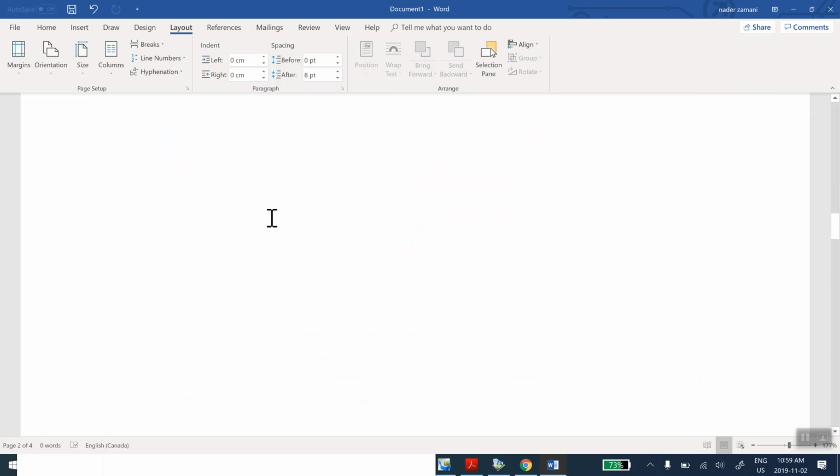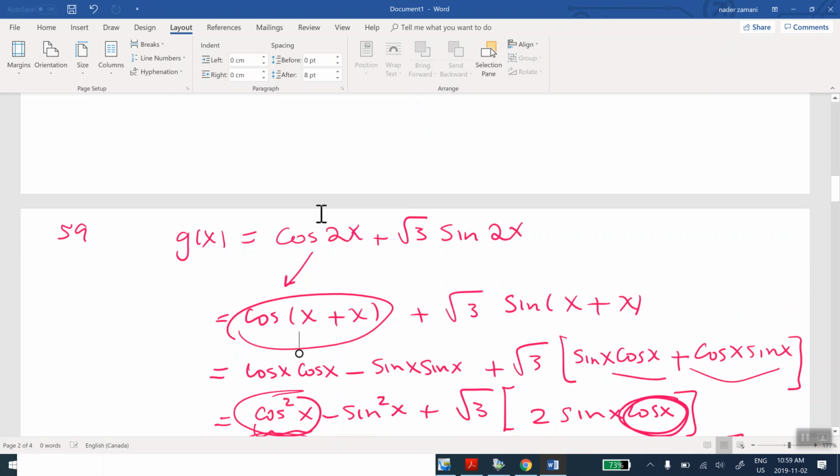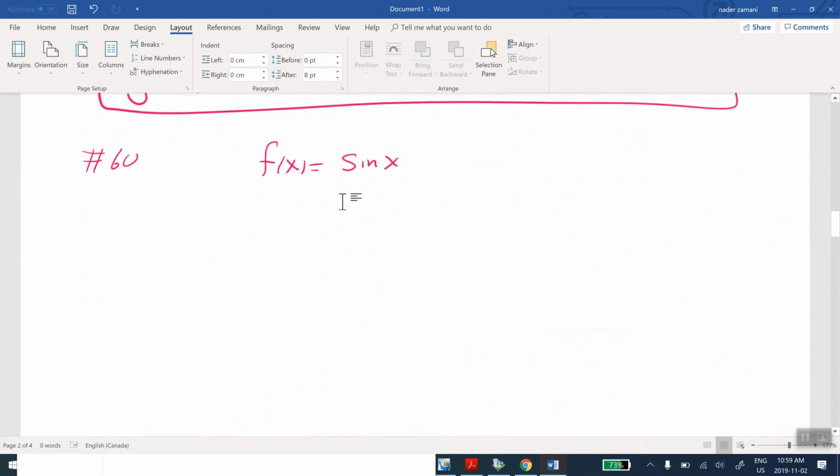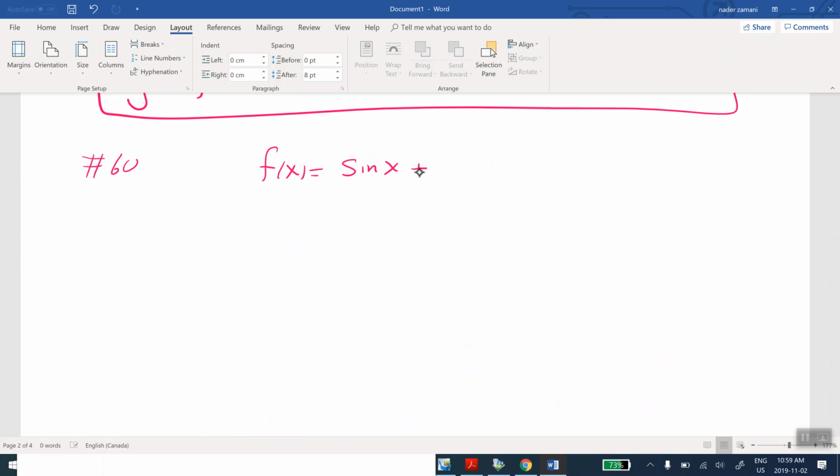Same thing here. This one is number 60. Same story. F of x equal to sine x plus cos x. Okay, sine x plus cos x. Well, there are different ways of interpreting this thing. One is, if you want everything, because the problem is vague, I can say that this is sine of x plus